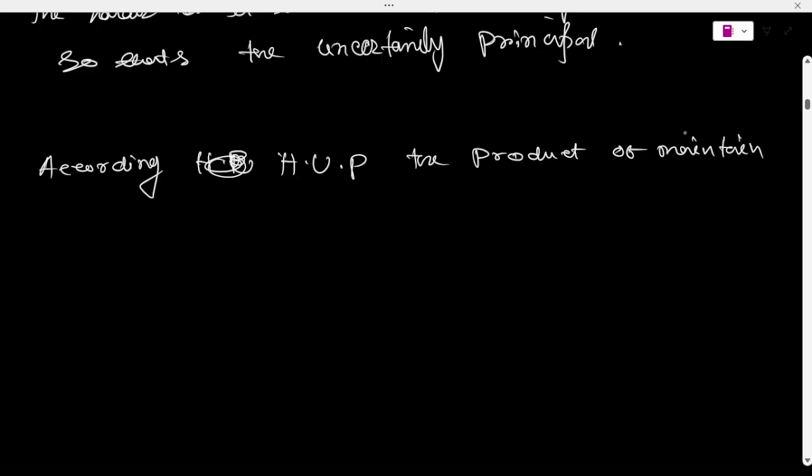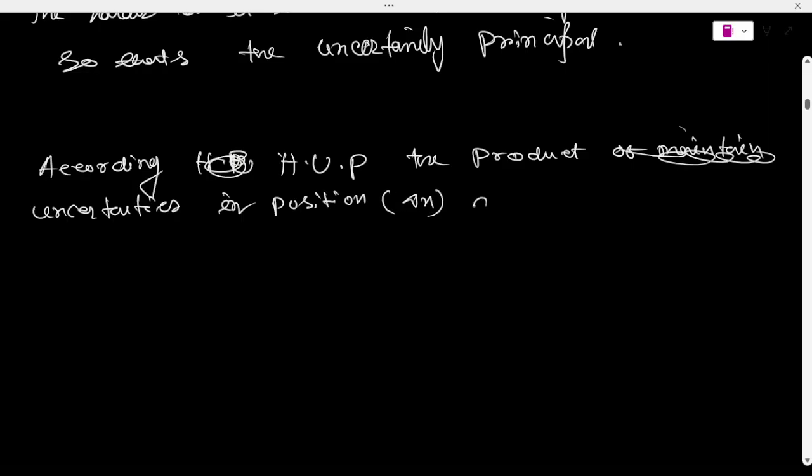Sorry, I'm writing it wrong. The product of uncertainties in the position, del of x, and then velocity, del of v, is always